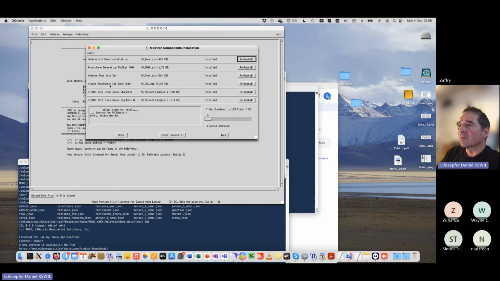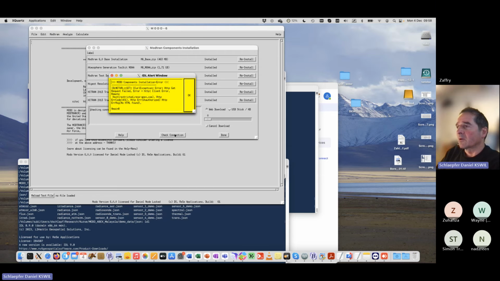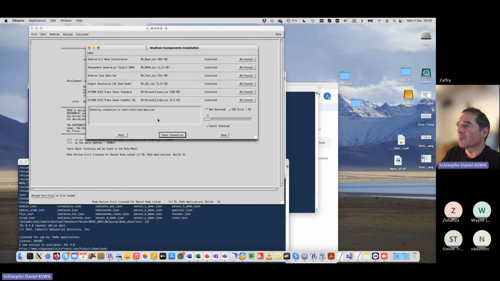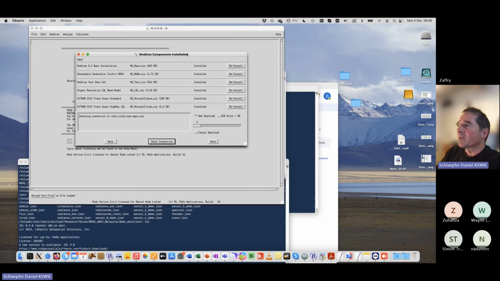The test data you can download to do your own tests, and the NOAA generation toolkit for radiosonde profiles can also be installed. I'm not using this normally, but that's how to download it. You can always check the connection. I'm getting a failure currently. That's on my side, but I don't know why. That's strange, because it's restricted. It's connecting to the